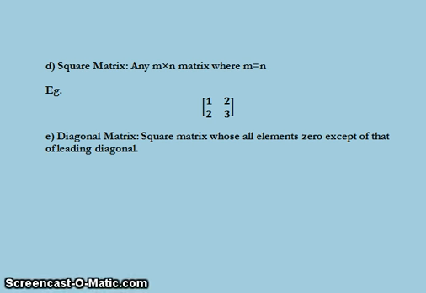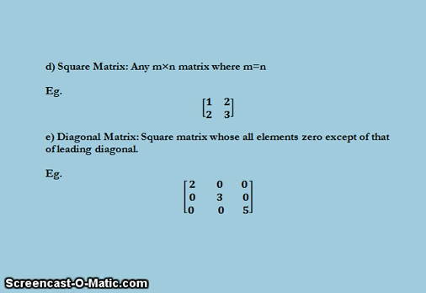and whose all elements are 0 except of that of the leading diagonal. Now considering the given matrix example, we can see that all elements of the given matrix are equal to 0 except for that of the leading diagonal whose elements are 2, 3 and 5. Thus, any matrix whose all elements are 0 except for that of the leading diagonal is said to be a